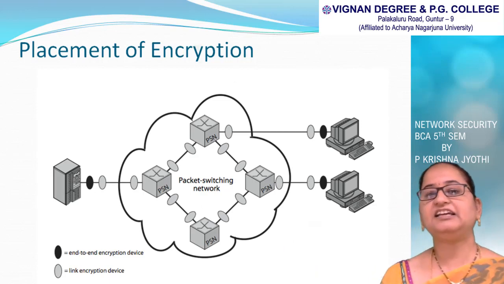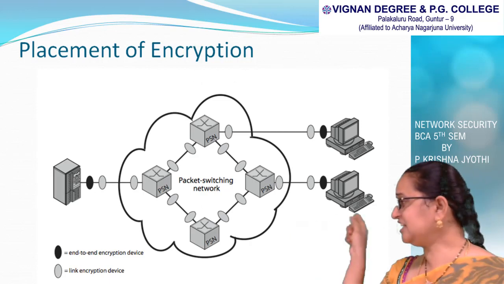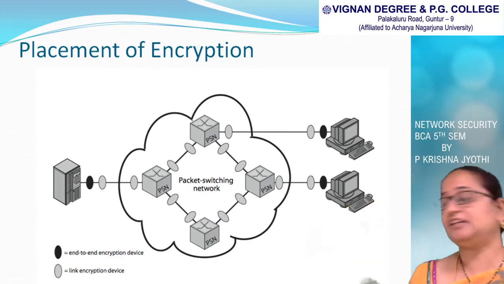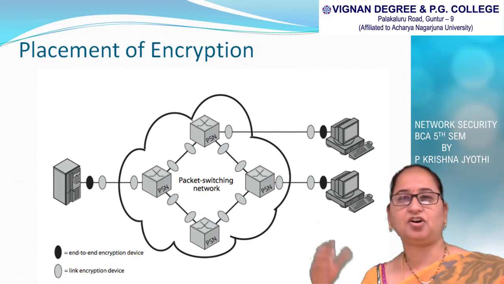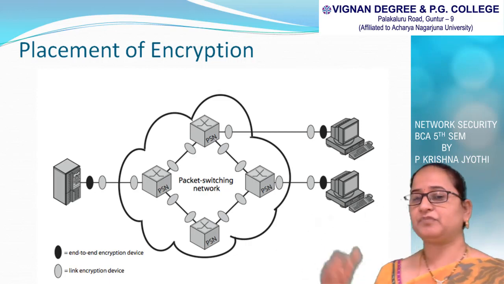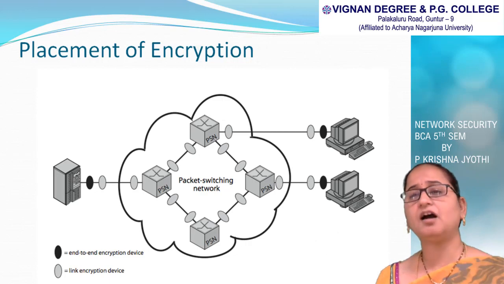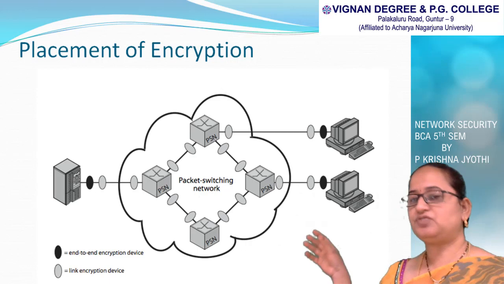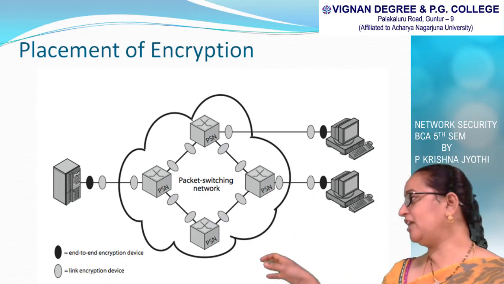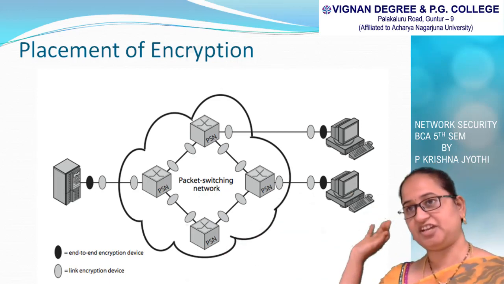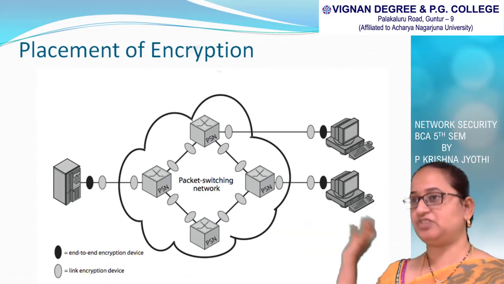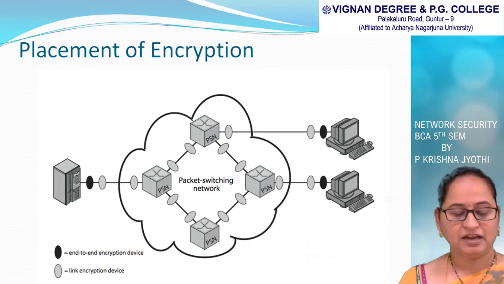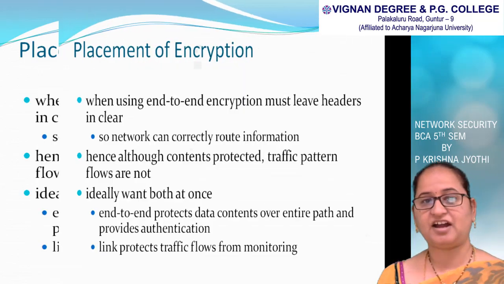The other one is link-to-link encryption. For each and every link, encryption devices are placed. In the oval shape, we are not marking it, we are not darkening it. Here in the packet switching network, you all know the switching concepts in computer networks. Using those switching concepts, we provide the encryption from the source to the destination, and in between the source and destination, each and every link is encrypted with a normal link-to-link encryption device.